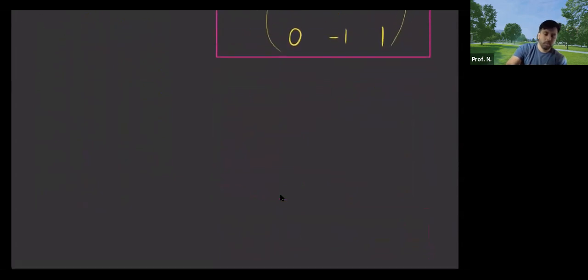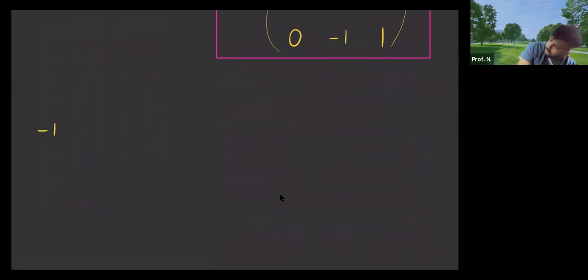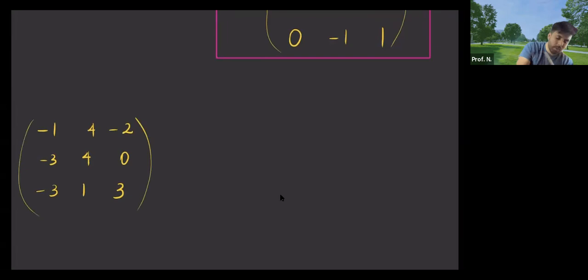So I can represent A, which was what? -1, 4, -2, -3, 4, 0, -3, 1, 3. This, which represented A,